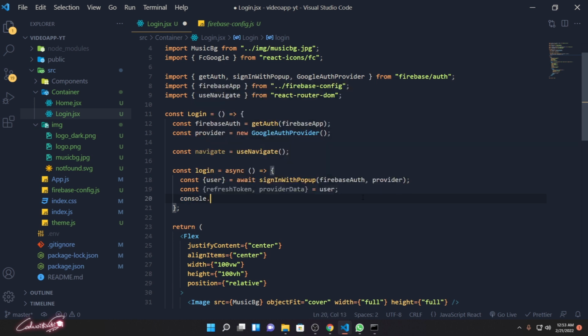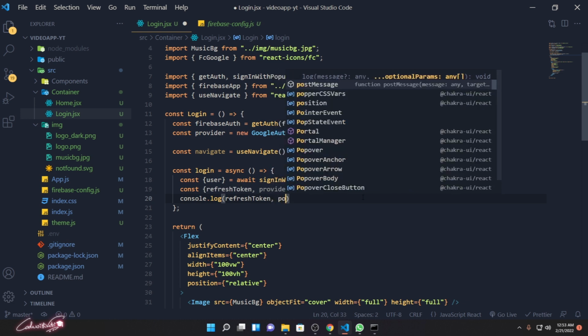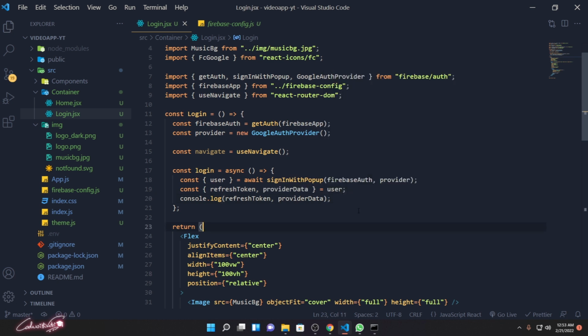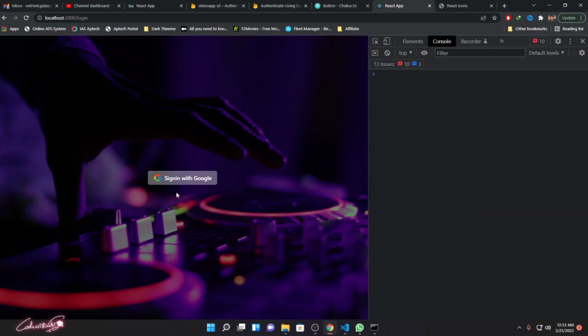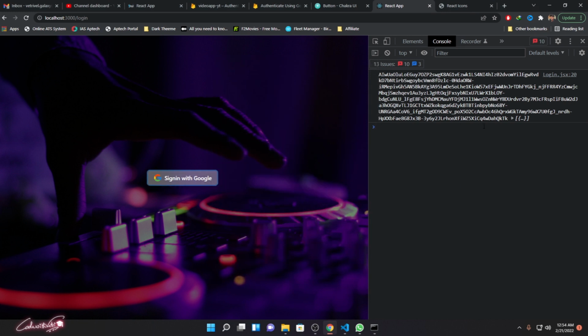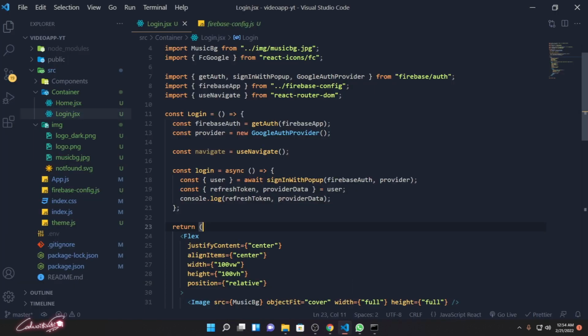If you console.log, wherever you have the possibilities to console log it, console it, and then check what you are actually getting. Okay, so close it, hit it, sign in. Look at that. This is our access refresh token, and this is our provider array data. Cool, isn't it? Okay, now what we are going to do is push all these details